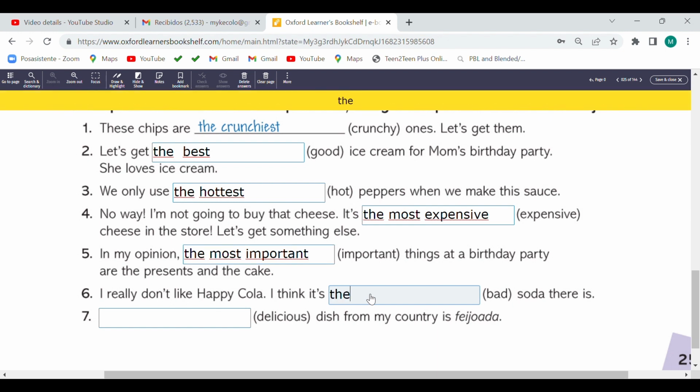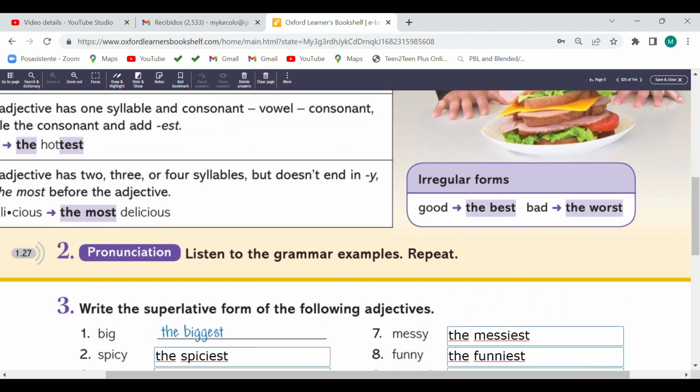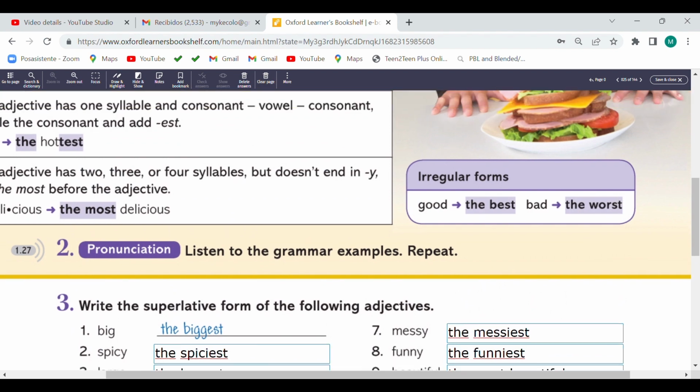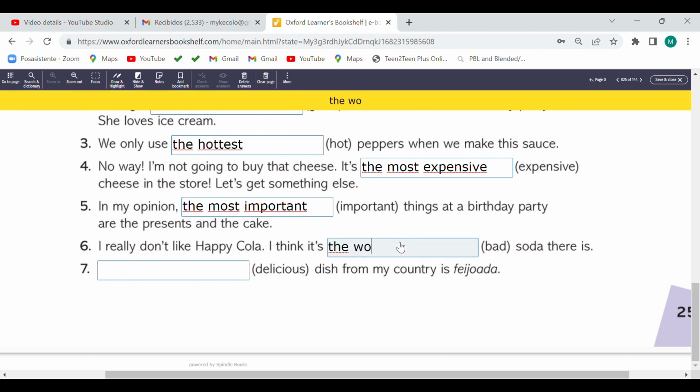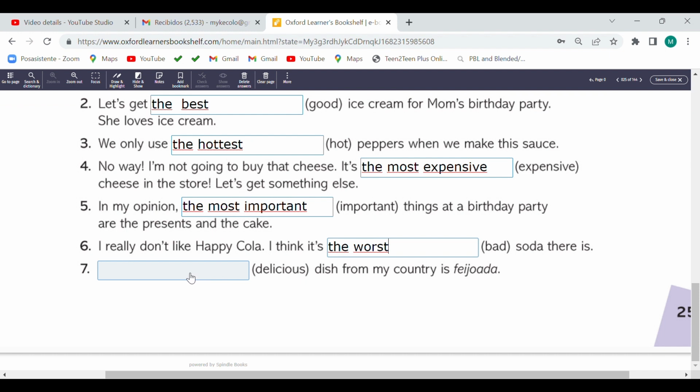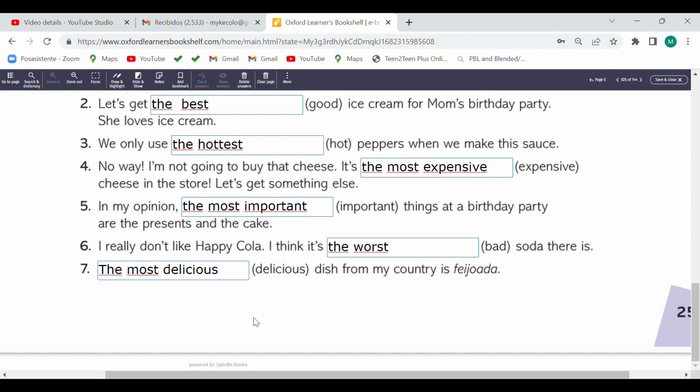Bad, como esto también es irregular, ¿cómo quedaría en la parte de acá? Worst. Delicious. The most delicious. Good.